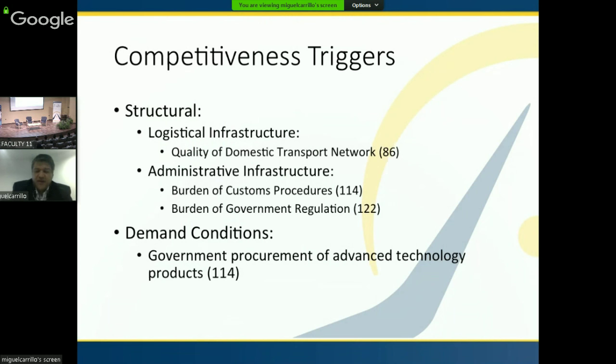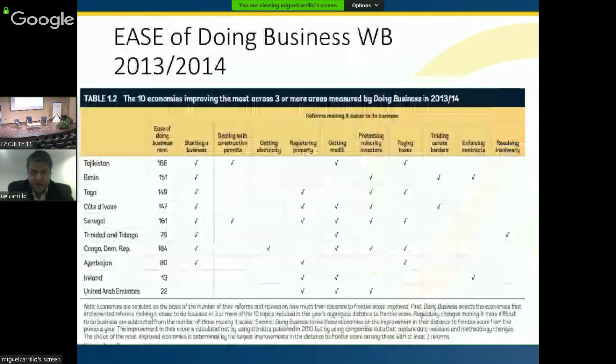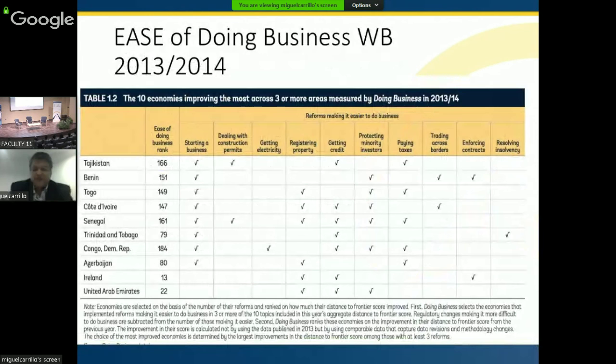We have not been great at adopting the latest, or what I call first generation technologies, not only at the government level, but also in the private sector. And whenever you have that, you give a big push towards sophistication in the market for buyers and products and services. Now, some of the good news, and this is somehow a reflection of the data lag that Dr. Kristen mentioned before: